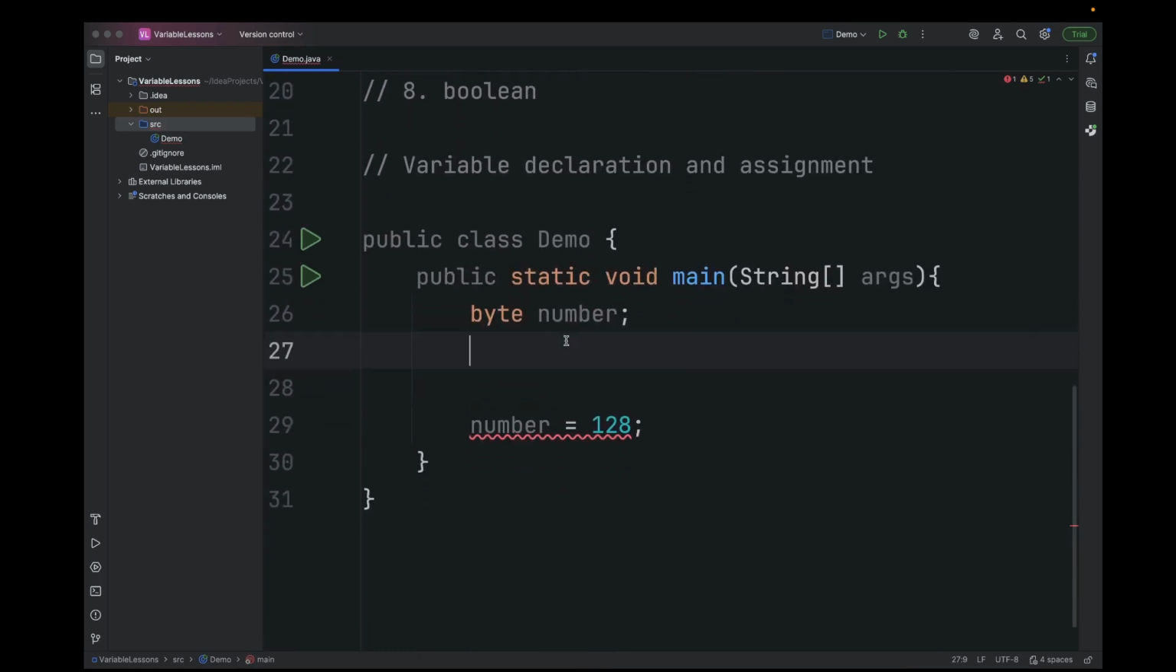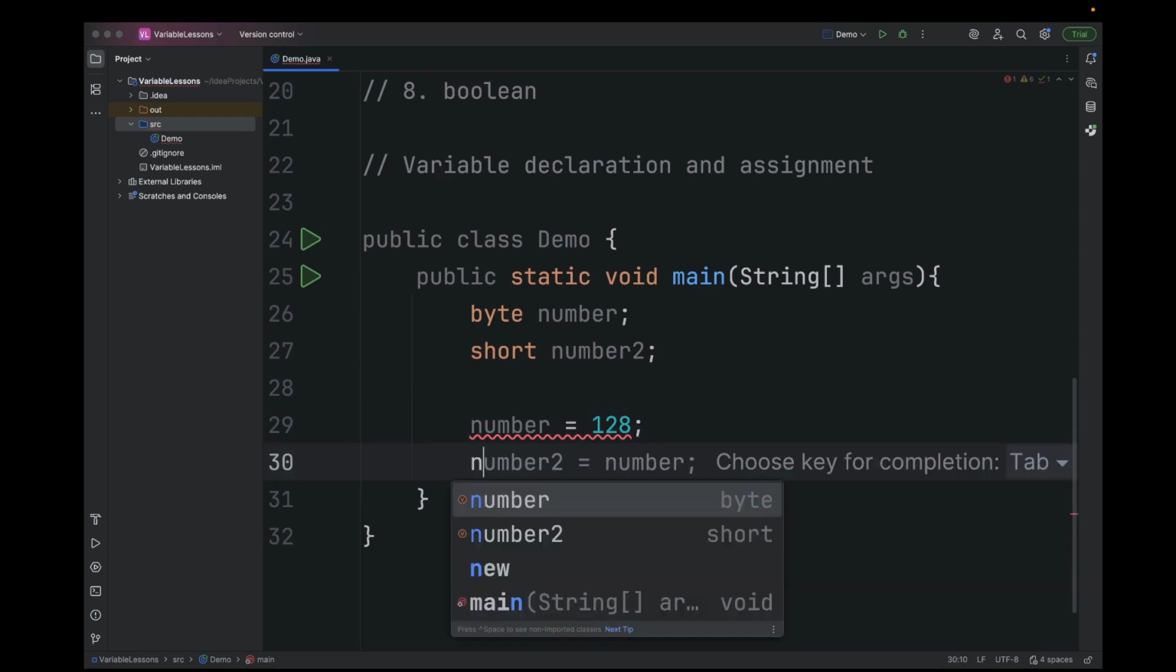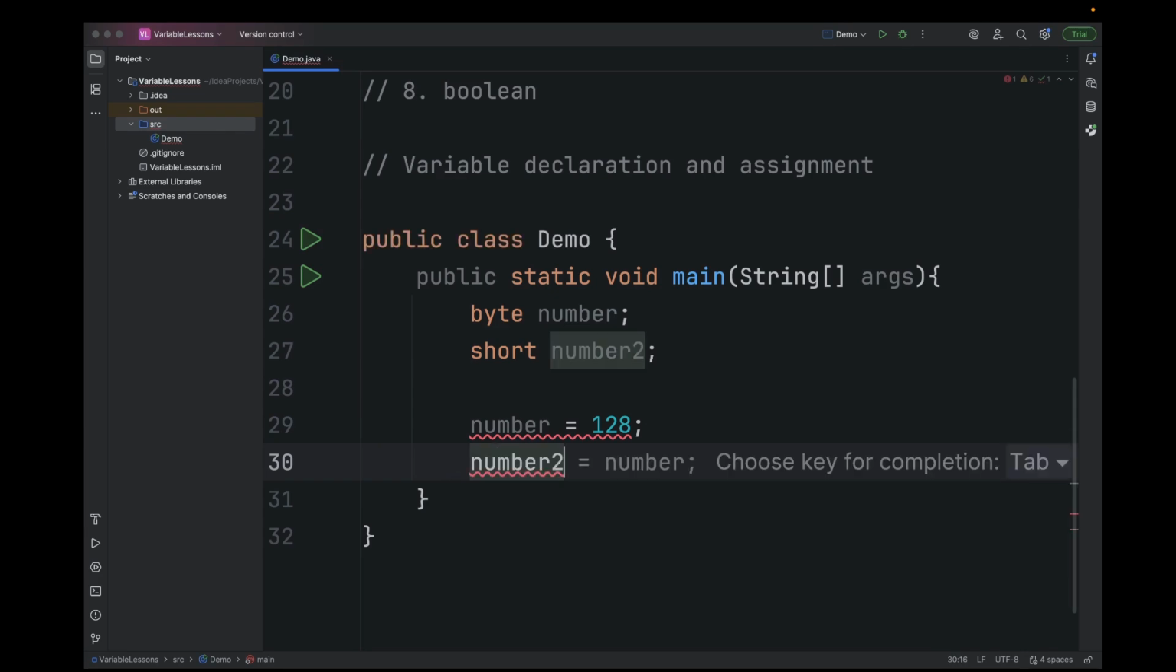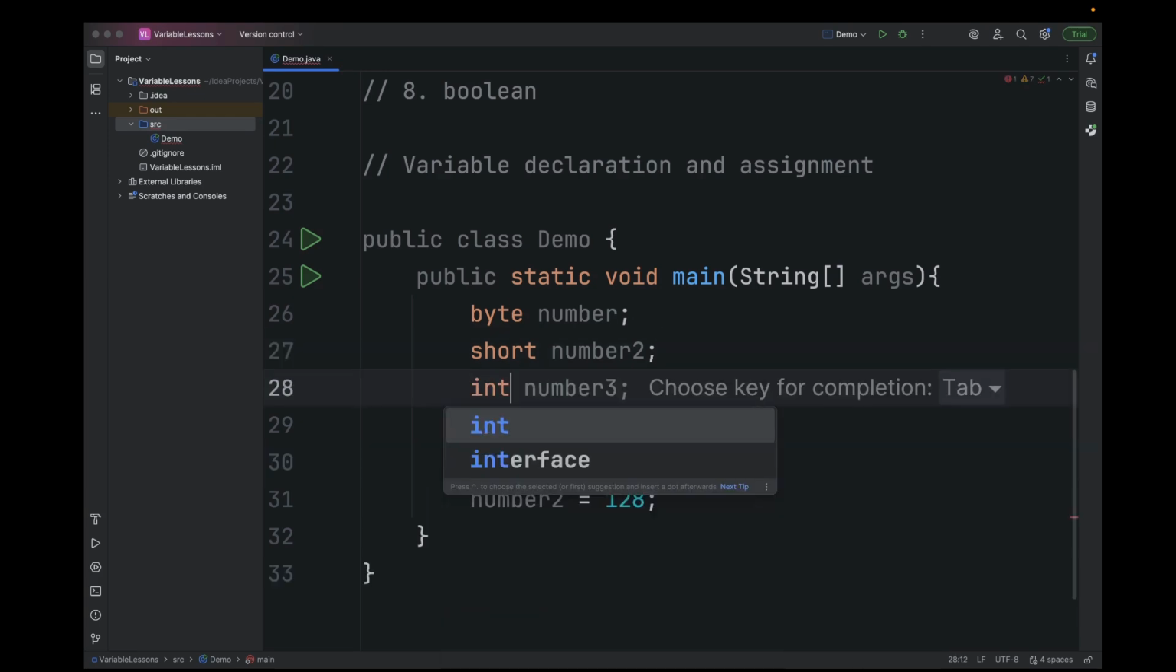But let's declare a short and call it number 2. Then let's assign the same value to number 2. Number 2 is equals to 128. You can see that short held it without throwing an error, meaning that since we are going to hold anything more than a byte capacity, we can use a short. But if we know that our number is going to grow, probably we can just define integer or a long,